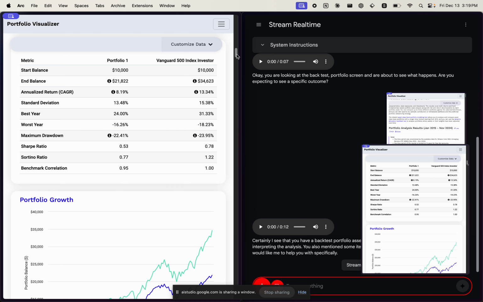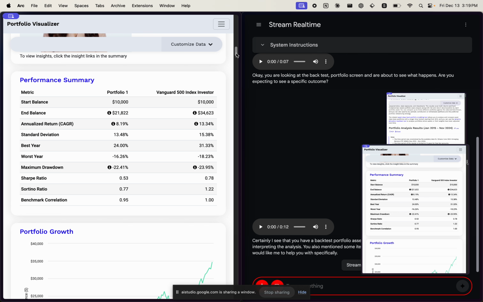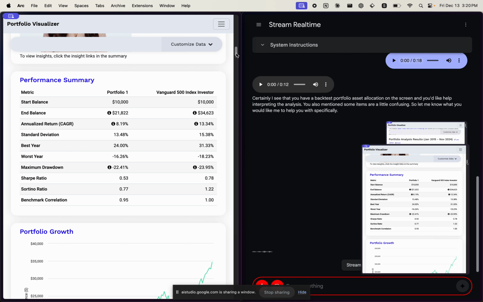Yeah. Okay. First of all, can you give me an overview of this performance summary? What should I be looking at here, and what are the key takeaways? Sure, let's look at the performance summary. The key metrics compare your Portfolio 1 with the Vanguard 500 Index Investor. The start balance for both is $10,000, and Portfolio 1 ended with $21,822 versus $34,623 for the Vanguard 500 Index Investor. The annualized return is 8.19% for your portfolio versus